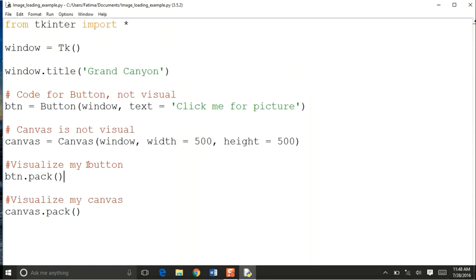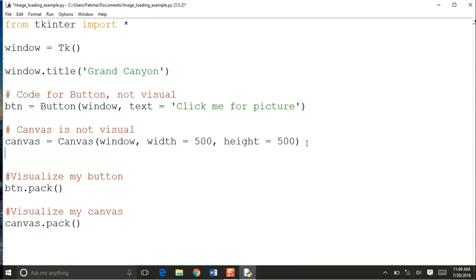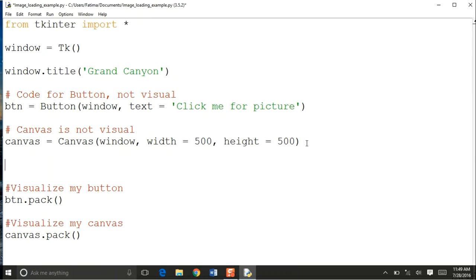So the first thing is we need to load an image first, right? Because the main goal of this application is when you click on this button, a picture appears, right? So we don't have any kind of picture as of now. So we're going to go ahead and load that picture. And to load that picture, let's just right after you created your canvas, write some code to load